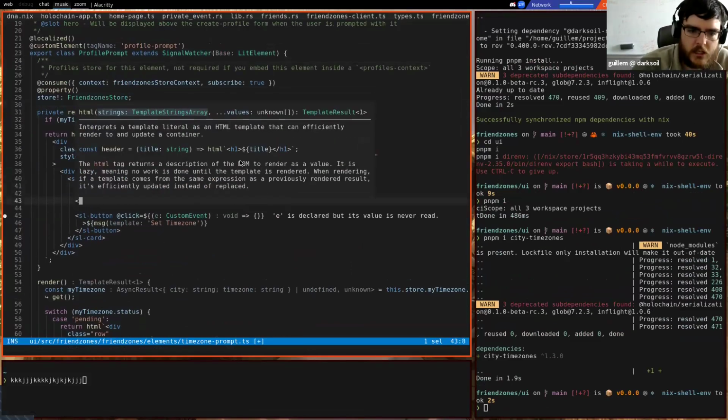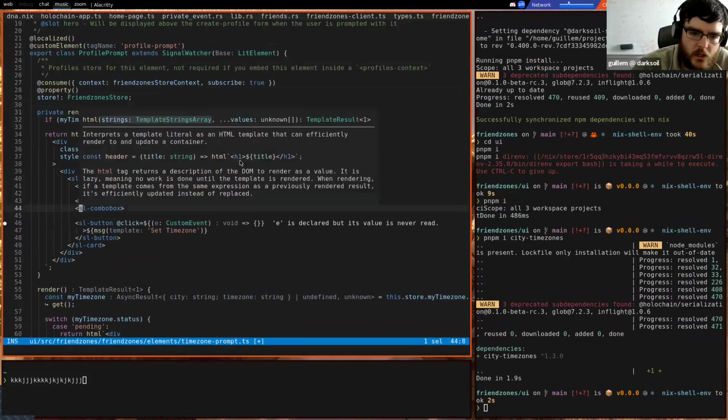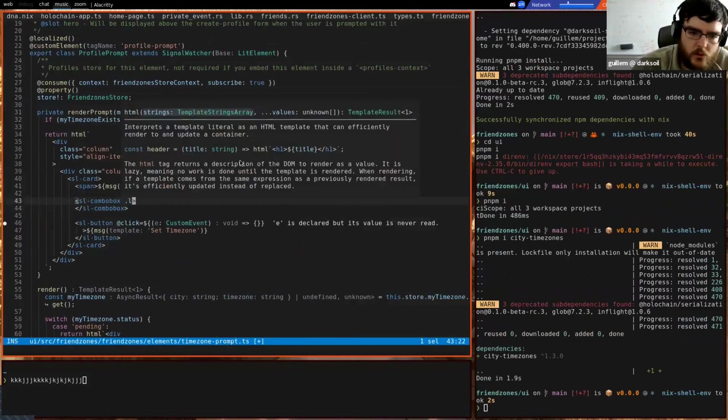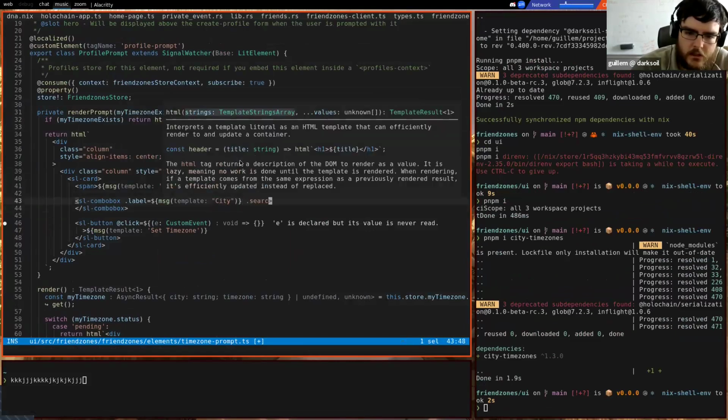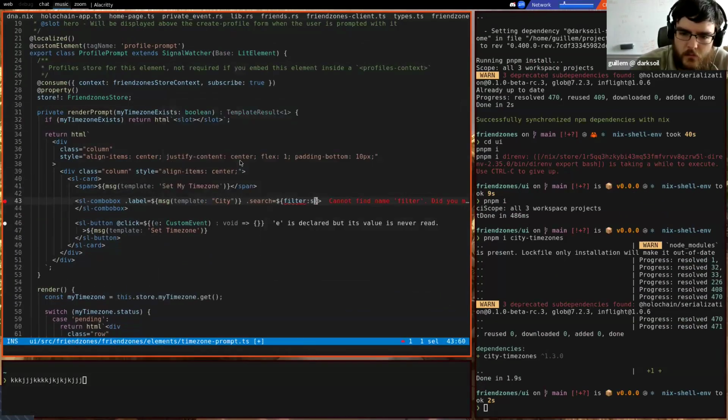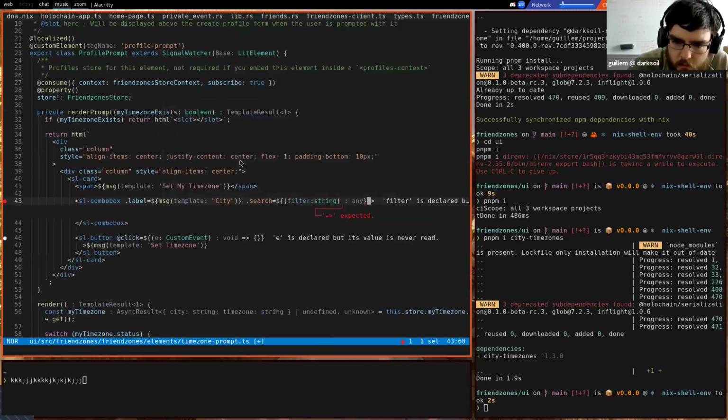And now set my time zone is going to be SL combo box. The label is going to be actually city. And let's see here, searching with the filter should look like